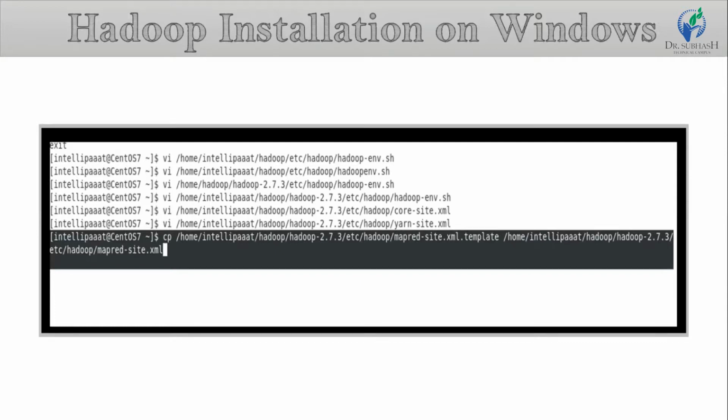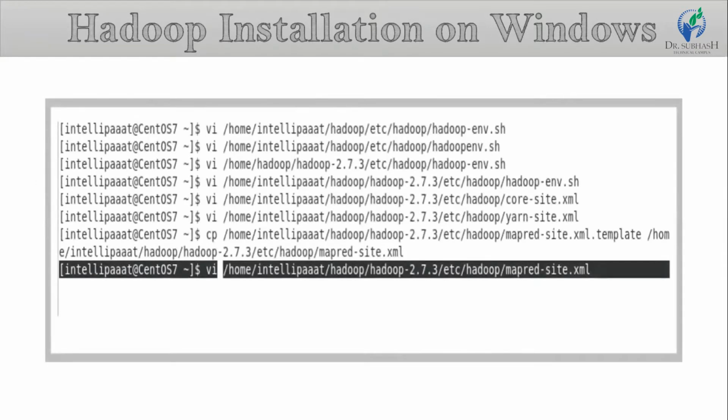Once the content has been copied to a new file named mapred-site.xml, you can verify it by going to this path: home, IntelliPart, then Hadoop, 2.7.3, and so on, then Hadoop.